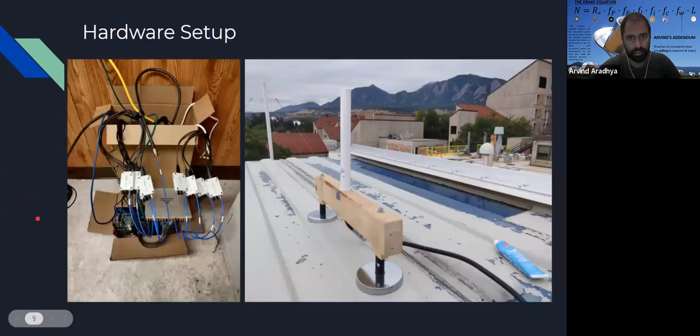Then if I keep going, this is the setup we have on campus. So these things you see here are just software-defined radios. They're about credit card size. All they have is, I'll show you a block diagram in the next slide, but all they have is an analog to digital converter and some amplifiers and some filters. And then you tune them to a particular frequency, which is essentially how you tune to a particular radio station. And then they record the waveforms.